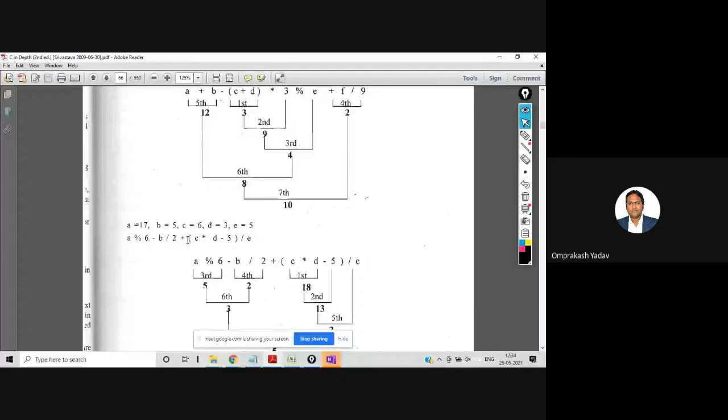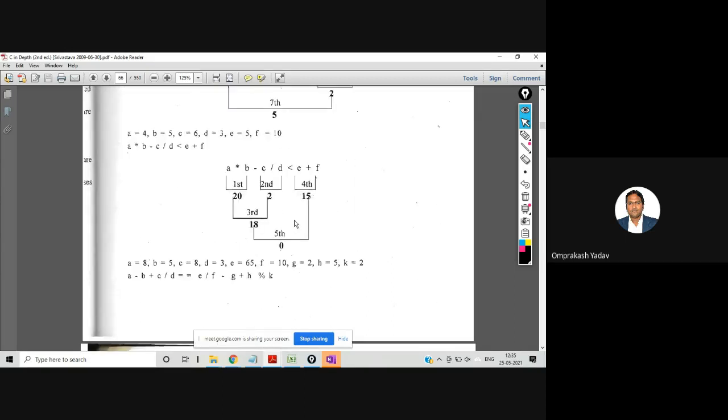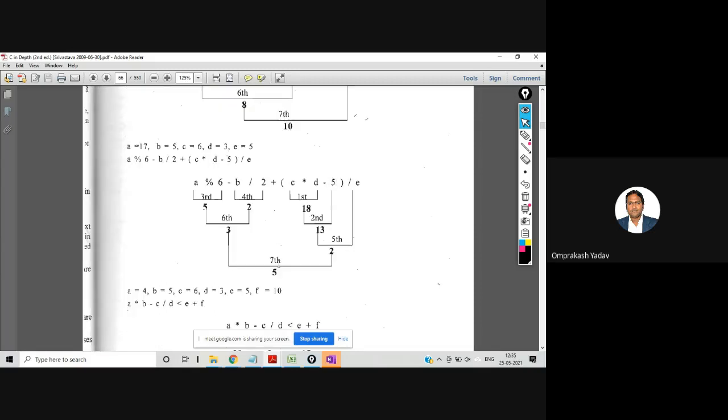So I was explaining that first we are supposed to solve this bracket because the bracket has the highest precedence. Then we can move ahead by solving the mod operation first, then the division, and then this. But whichever comes first from left to right. So first we'll have to see the mod, division and multiplication, and then we can go with the plus and minus. So the answer for this one is 5.